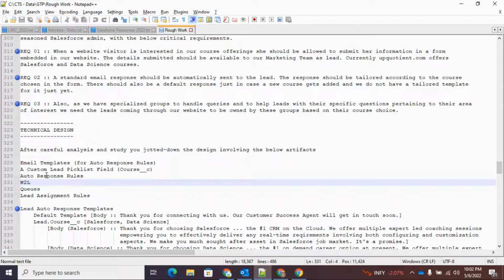And in order for the website visitors to submit their information, you need to generate web to lead forms from Salesforce and hand it over to appquotient.com's webmasters to align them with the company's theme, the font, images, banners, etc., and to host them